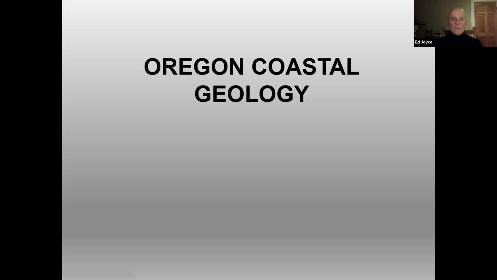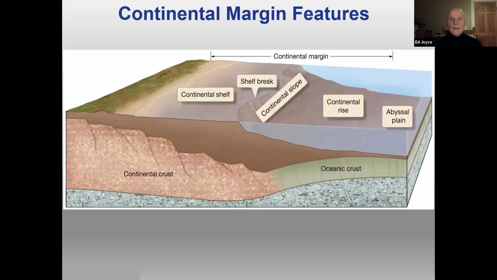Okay, we're going to shift gears here a little bit and have a look at Oregon coastal geology. The group I'm with, Oregon Shores Conservation Coalition, we are from Oregon, so I focus on the Oregon coast. So just very briefly, the Oregon coast looks something like this, where we have a broad continental shelf. It goes out 30 to 50 miles or so until it reaches the shelf break, which is a pretty steep